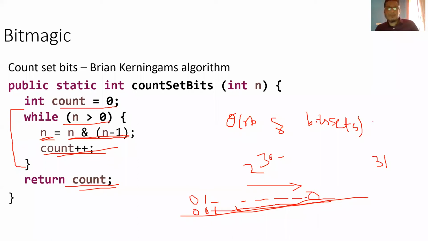So omega will not come into this picture. Omega is a totally different concept. I think I explained it is used where you cannot guess or calculate because you don't know when that loop will terminate. But in this case, n is fixed, right? You are pretty sure that n is going to have a fixed number of bits, and you are pretty sure that it will terminate.